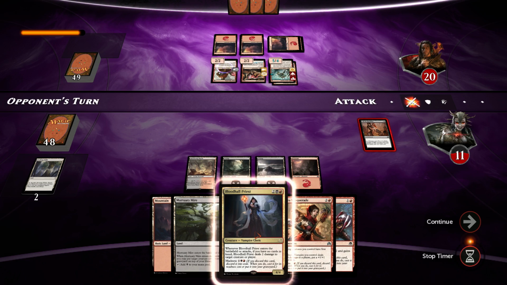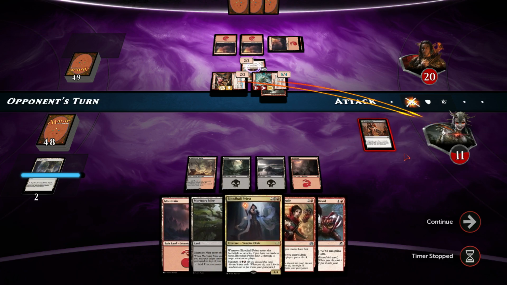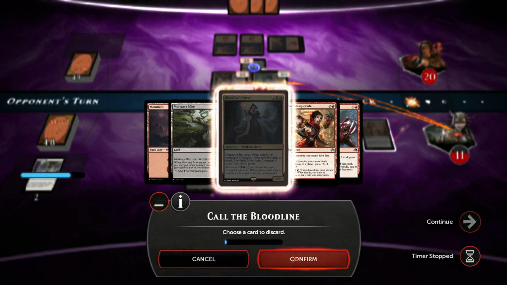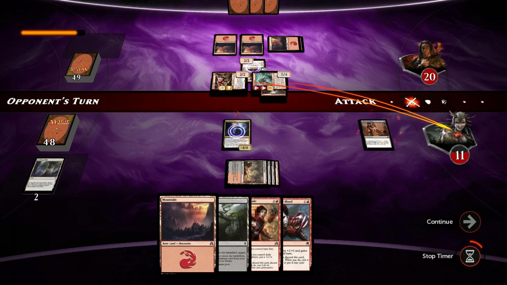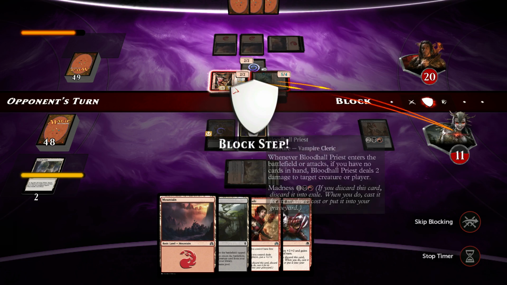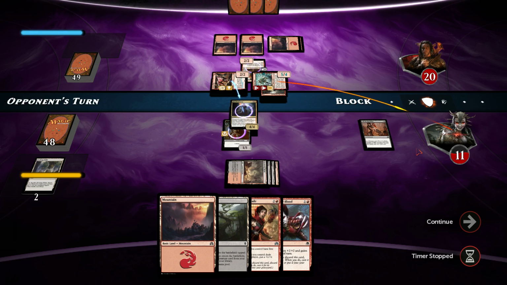He attacks. Let's pause the game. Let's do this. Discard a card. Yes, please. We do Bloodhall Priest. Confirm. Let's cast it. Confirm. That gets cast, and his Scourge Wolf is dead. Well, there we go. Wonderful. We kill it, and we confirm. Still taking some amount of damage here, and that'll...